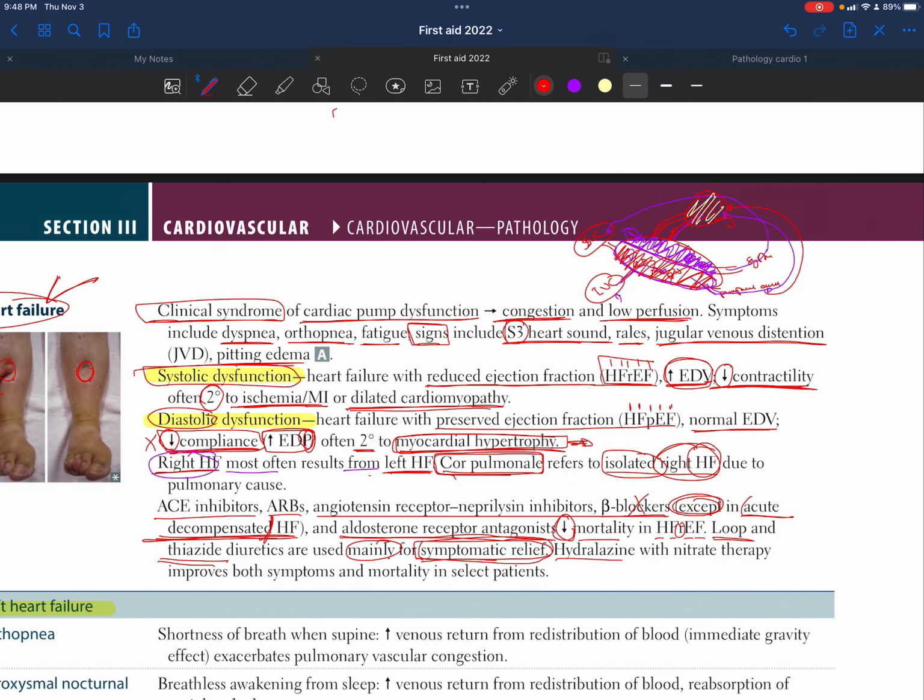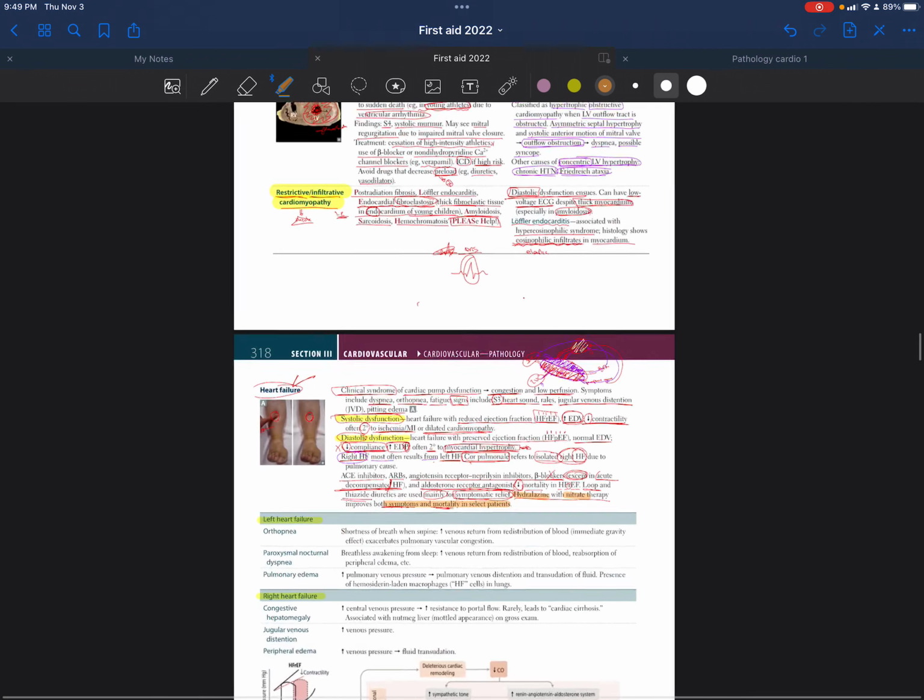Also, hydralazine with nitrates therapy improves both symptoms and mortality. So these two are, let me say, perfect. Hydralazine and nitrate both deal with the symptoms and mortality in select patients. Okay,